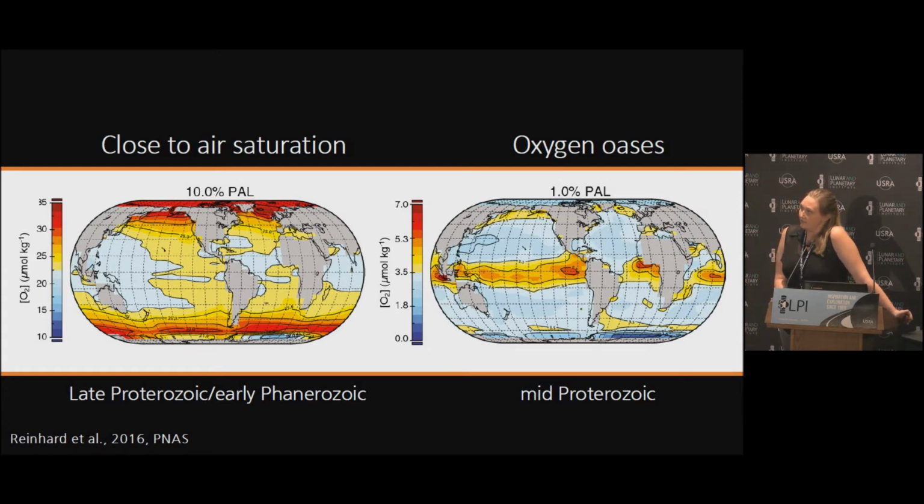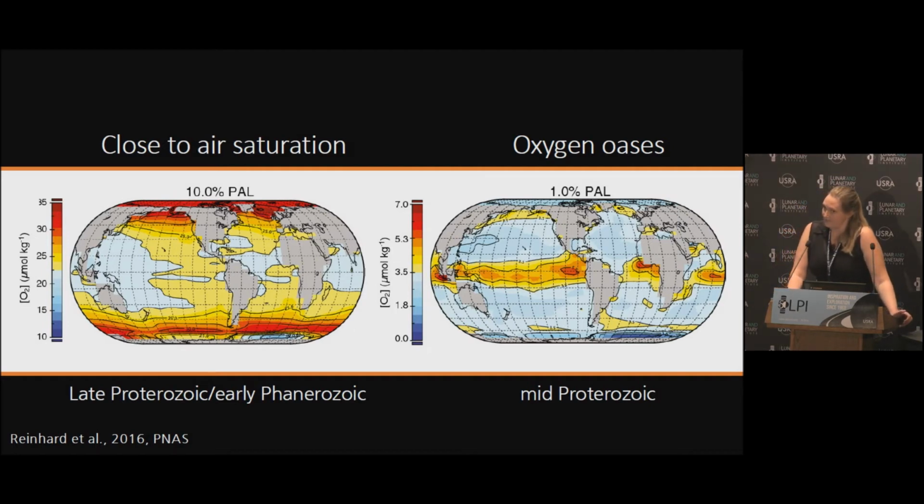And you can see that the highest dissolved oxygen concentrations are actually at the highest latitudes, where temperatures are lowest and gas solubility is highest. And so the scenario with 10% present atmospheric levels of oxygen actually might map well with your expectations of what the ocean might look like. This is a world that is close to air saturation, or at least within the uppermost layer of the ocean. It's important to emphasize that in this simulation, the entire deep ocean is anoxic. But the surface world could be relatively easily predicted based on atmospheric composition.